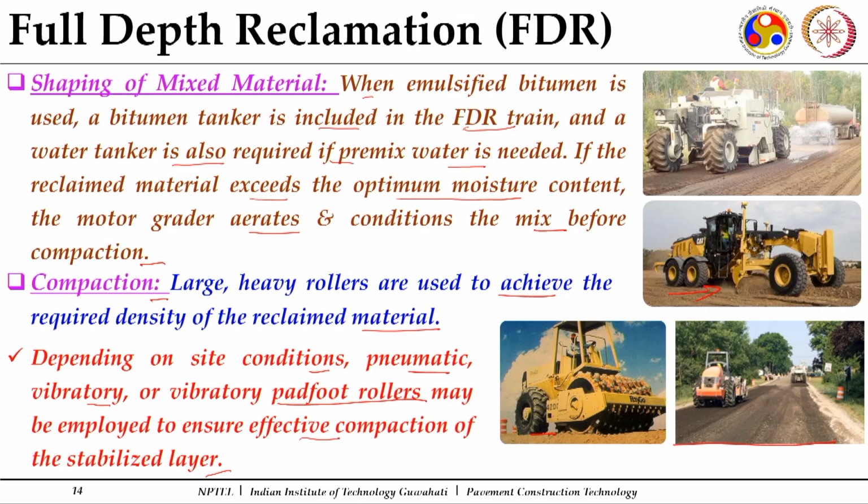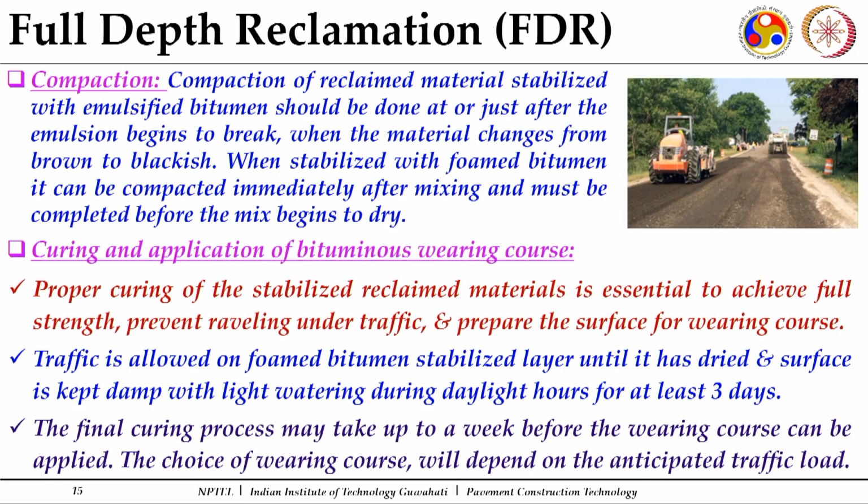So, this is what we discussed specifically for cold in-plant recycling, and the other one is cold in-situ recycling, where when the depth is less we call it cold in-place recycling, and when the depths are more than 100 mm, going up to approximately 300, then we call it full depth reclamation. So, compaction, as mentioned, has to be done just after the emulsion,